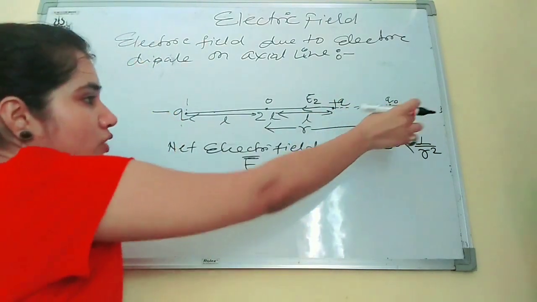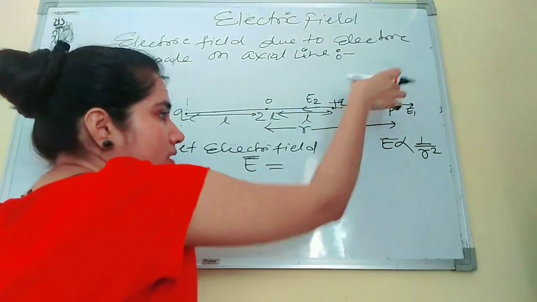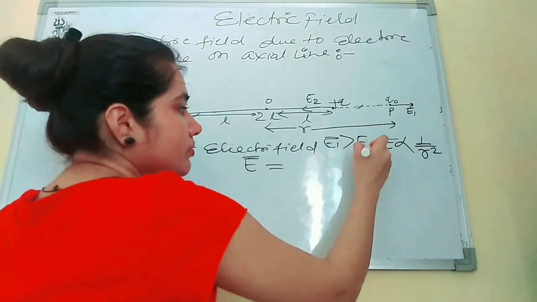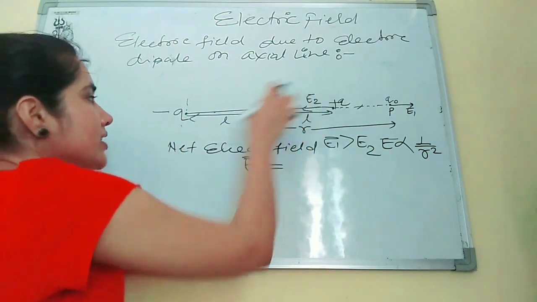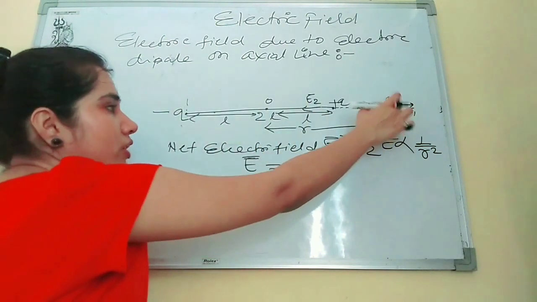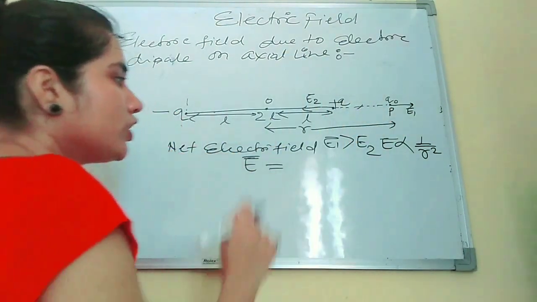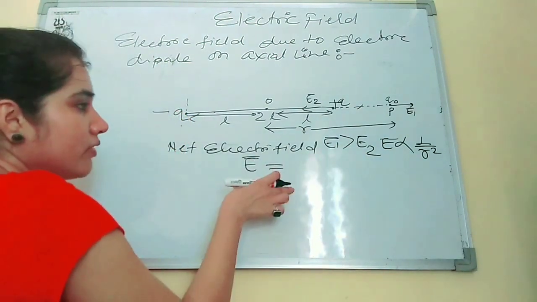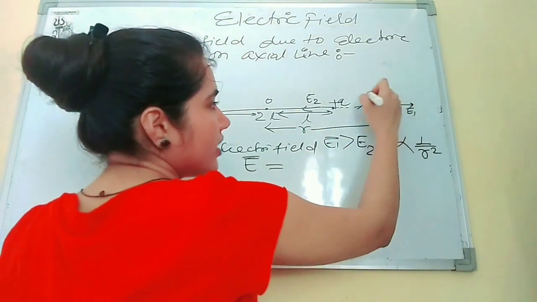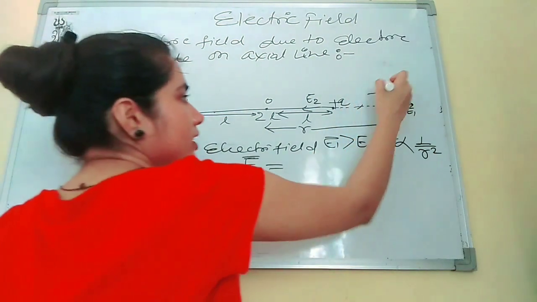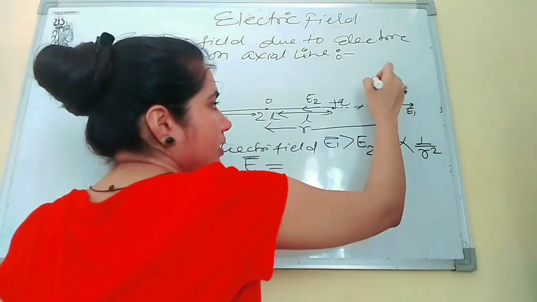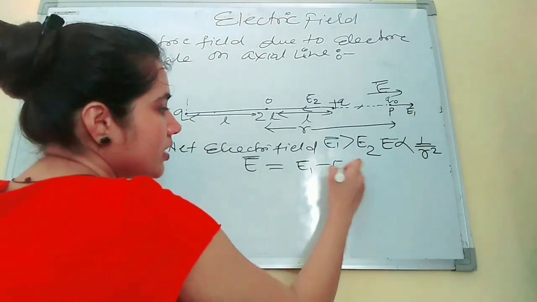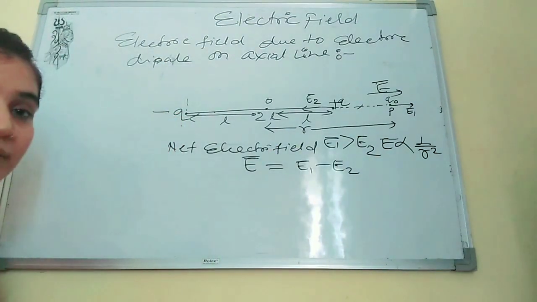So in this context, we know that if it has a short distance, then E1 is greater than E2, because E2 has a large distance from minus Q to Q naught. So E2 will be less than E1. So the strength will always come in which direction? In this direction. The total strength of the electric field is this, so we will get E1 minus E2 simply.